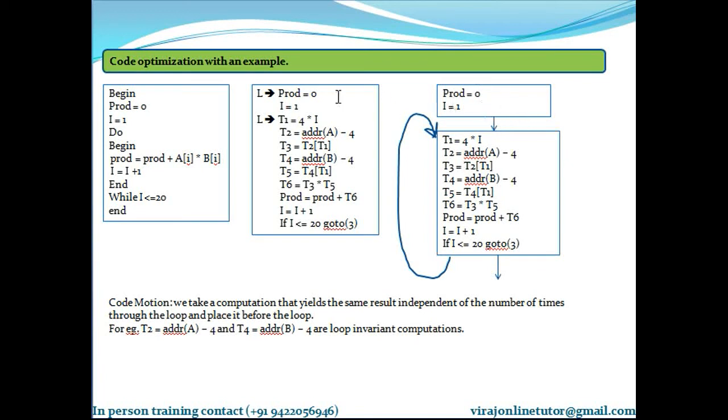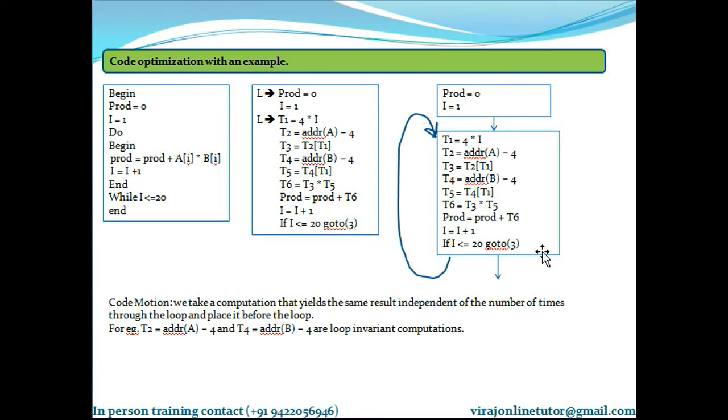Since this is the first statement of the program, this is my initial node. This is the second node, and this node immediately follows this in the program execution, so mark an arc here, go to 3. So mark an arc here. After this, whenever the loop completes, it will come out. So the flow graph is done. Now let's learn what code motions I am doing here to transform this into optimized code.